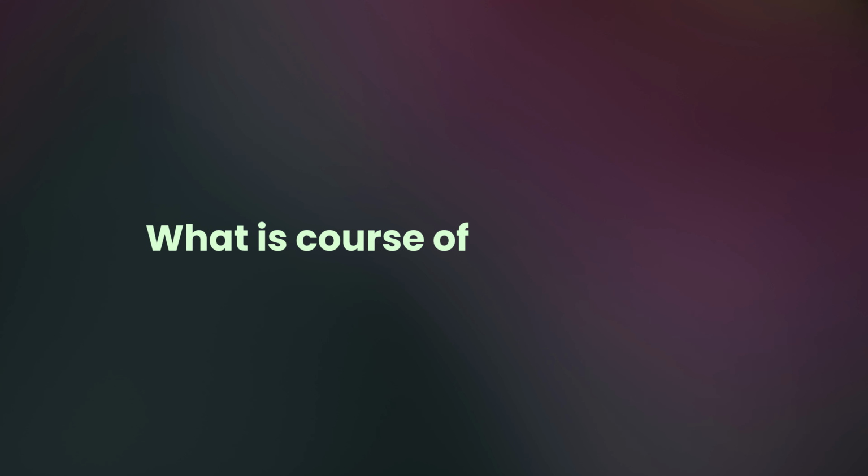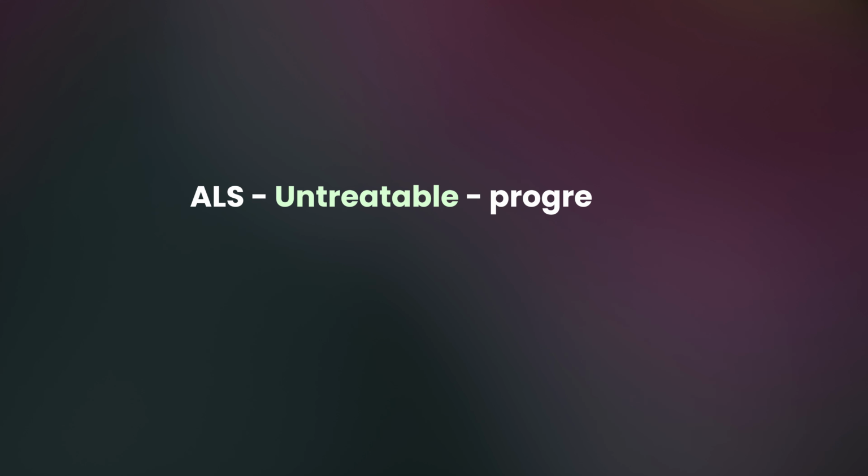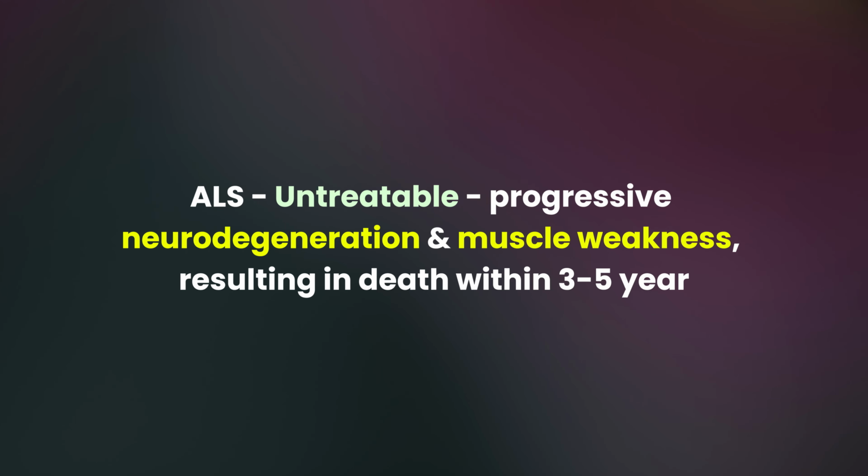What is the course of this disease? Amyotrophic lateral sclerosis is currently an untreatable disease with progressive neurodegeneration and muscle weakness, resulting in death within 3 to 5 years of diagnosis. Riluzole can prolong survival by 2 to 3 months, likely by blocking glutaminergic transmission in the central nervous system. Supportive care, including dietary modification, respiratory assistance, and palliative care, is an important part of management. Neuromuscular respiratory failure is the primary cause of death,